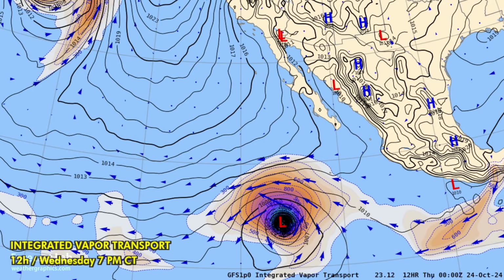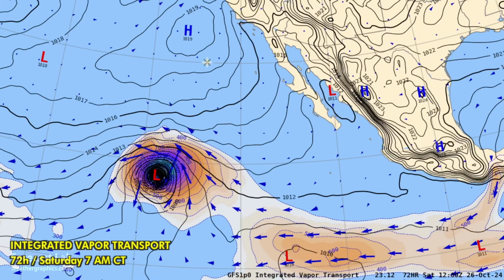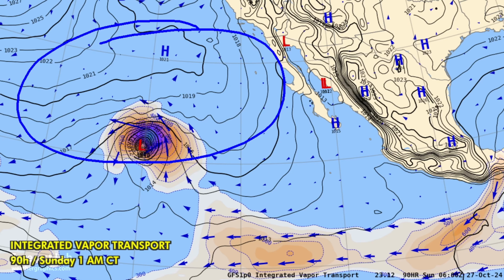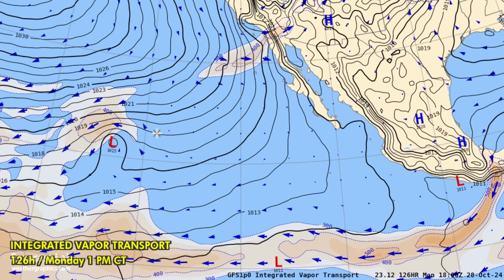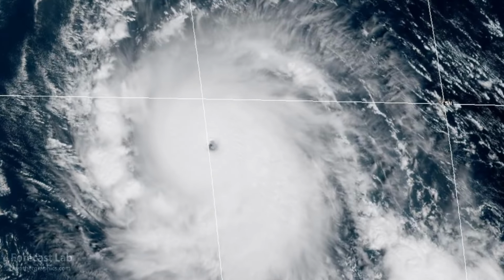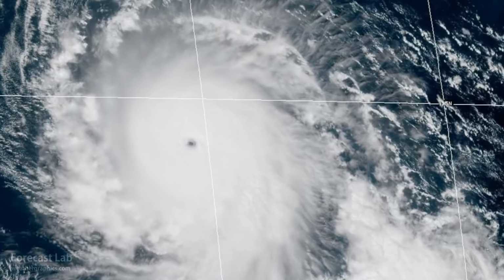Here's a quick look at the Pacific Basin showing Hurricane Kristy right there. You can see that there's no land masses to be concerned with. This is just going to continue moving west-northwest over the next few days and gradually encounter that subtropical high with the cooler, drier air and the cold currents, and that will allow that storm to gradually dissipate by Monday and Tuesday. There's a quick look at the visible satellite imagery, and the eye very well defined, and it's got that